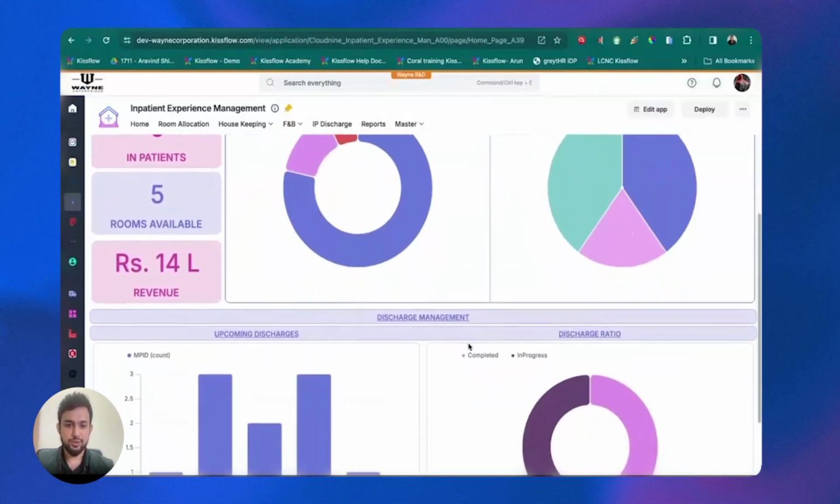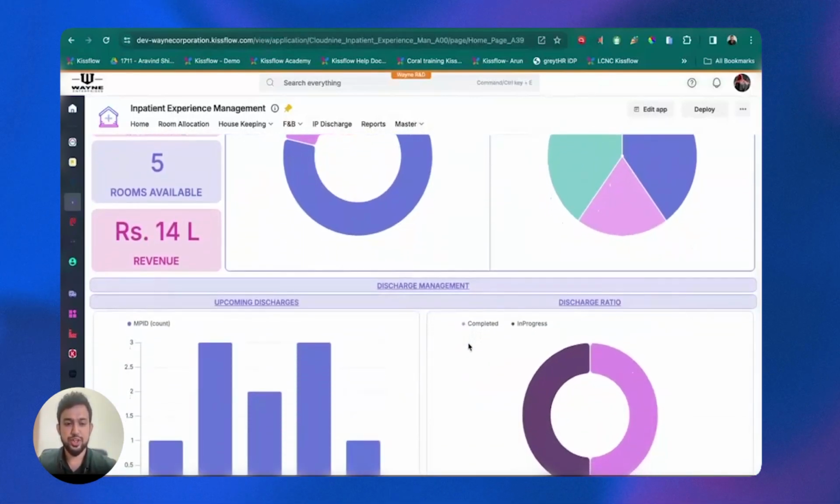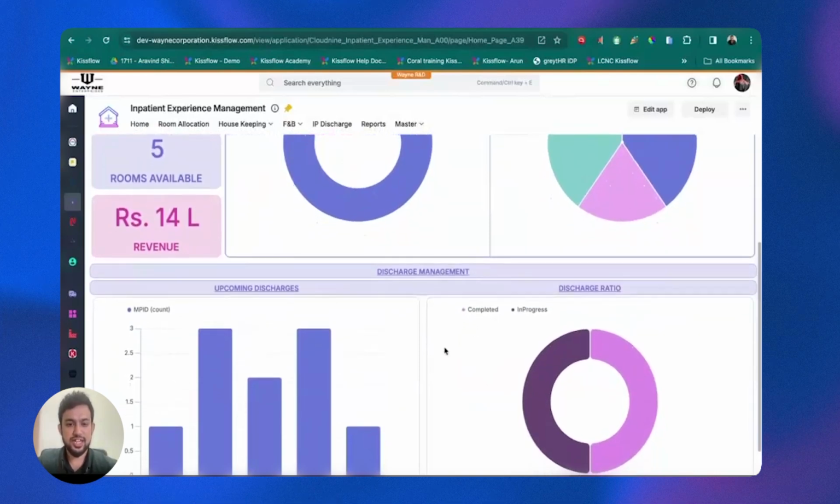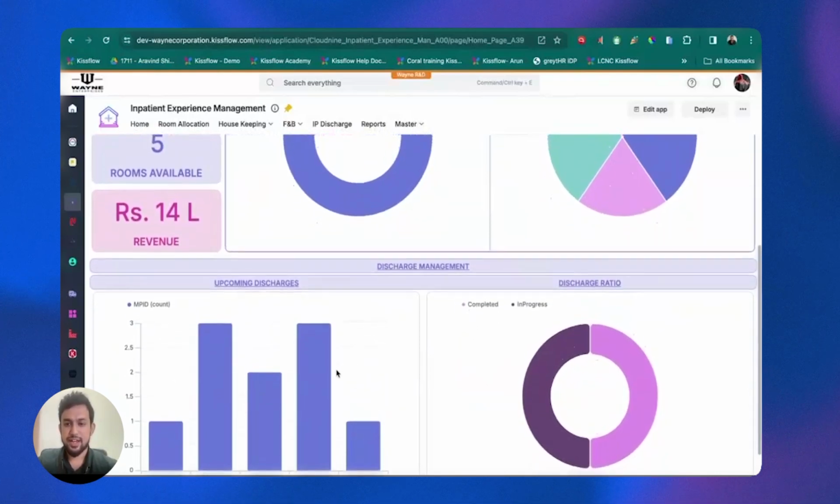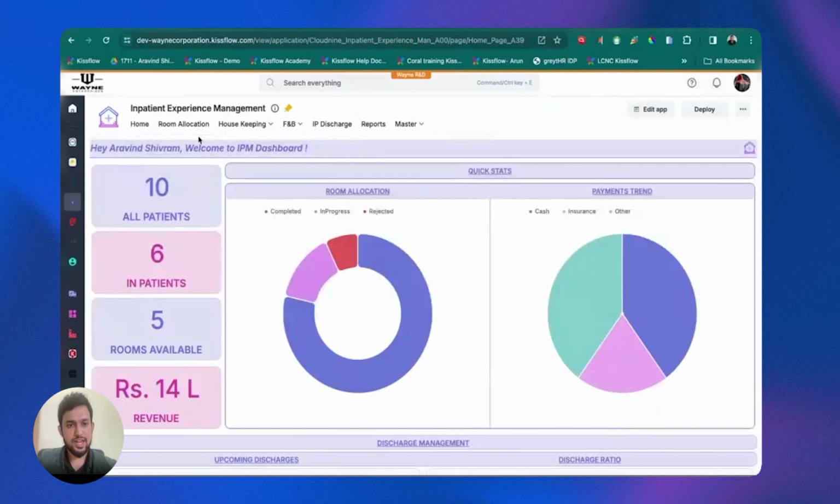And slowly as we scroll down, we have the discharge management showing the upcoming discharges that are happening in the upcoming days, and the discharge ratio to quickly understand how many discharges have been successfully completed and how many discharge requests are in the progress queue. And at the top, we have the navigation, allowing the user to navigate to different business